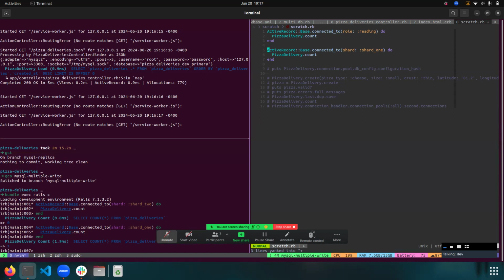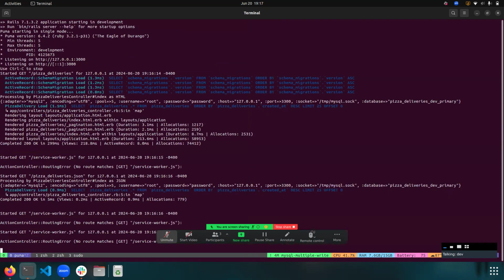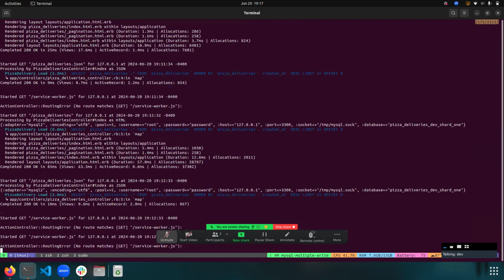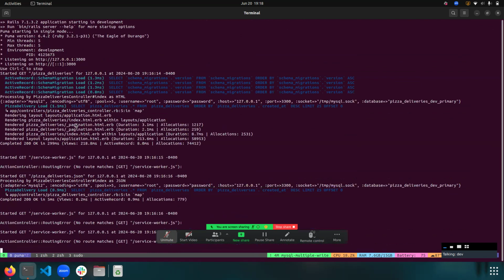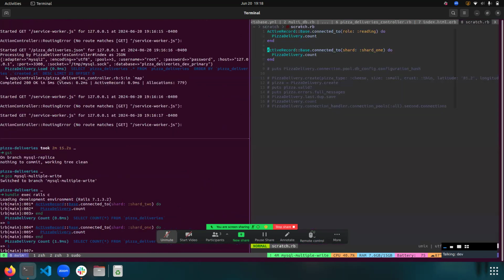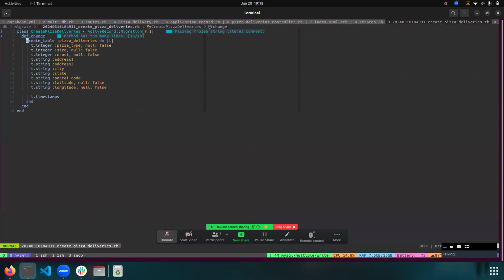I don't think there's any gotchas. Oh, so when we were running our migrations, I know there's a lot of log activity here now, but scroll up far enough. When I ran db:migrate, you can see, okay, we created a table 4 times. That was Rails connecting to each of our write databases and running that migration. So if I inspect the migration, I have one migration that is creating a table, but